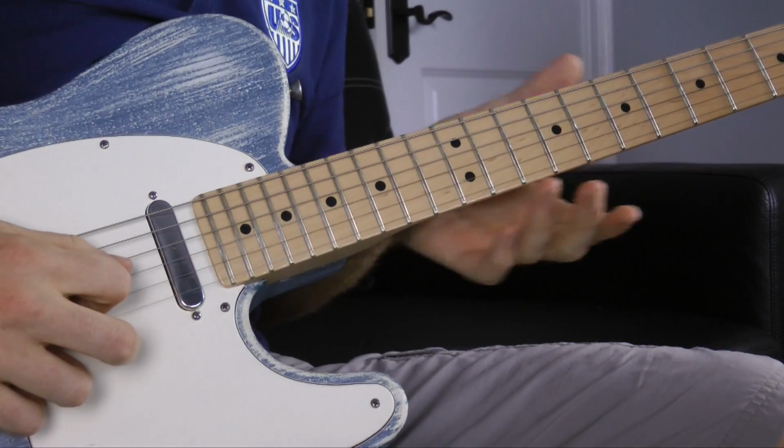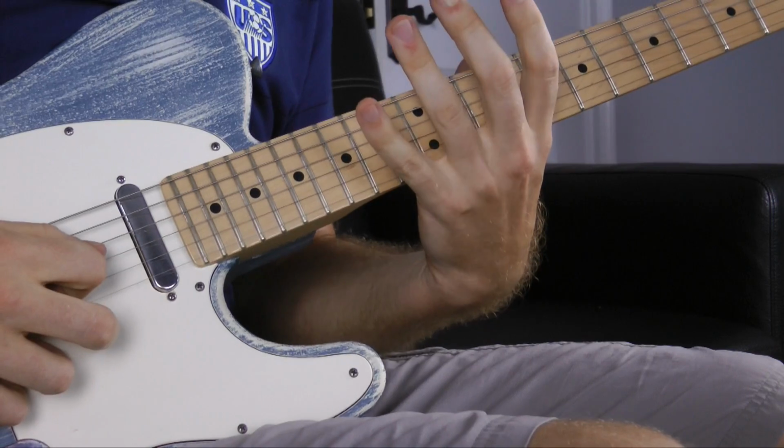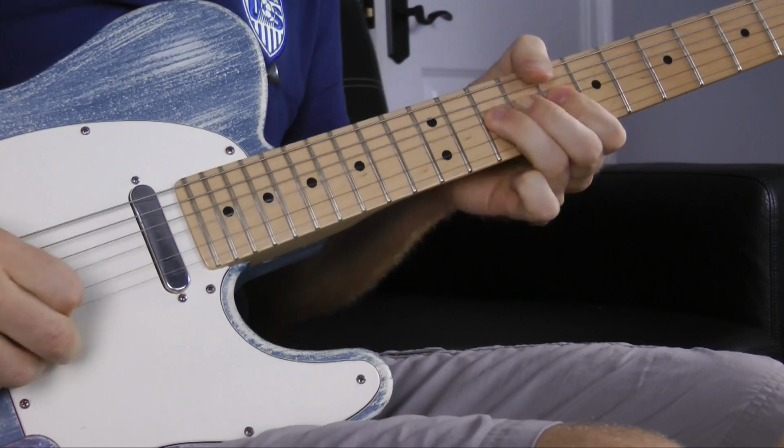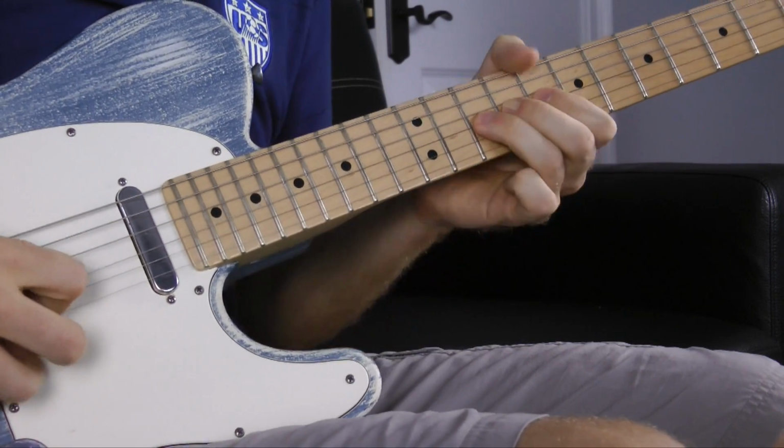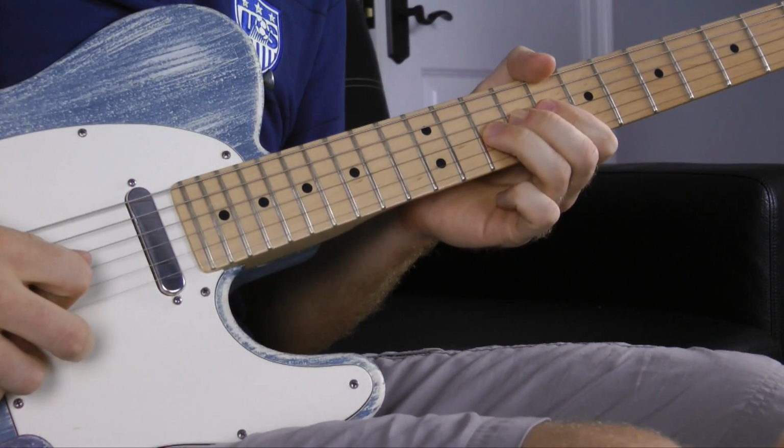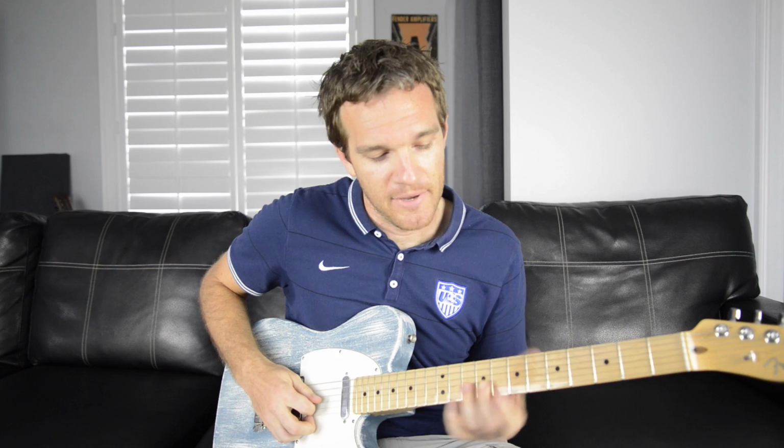Another cool thing you can do is when you have a note bent up to a higher pitch, you can choke it off right there. So, right? I think the tendency is to, every time you bend, come back down, right? So it creates kind of a jarring effect. Like Lynyrd Skynyrd was a really good band at using these bends that stop at the top, right? Like,